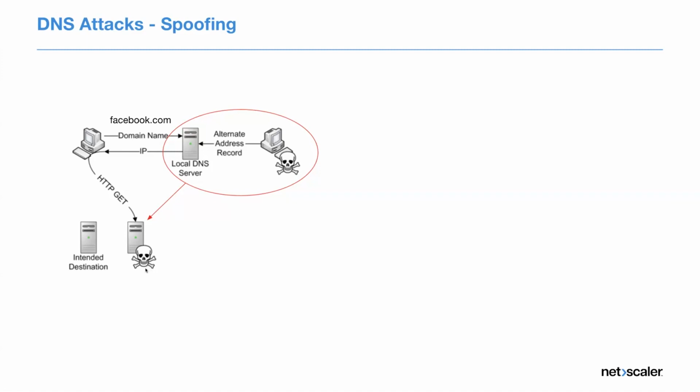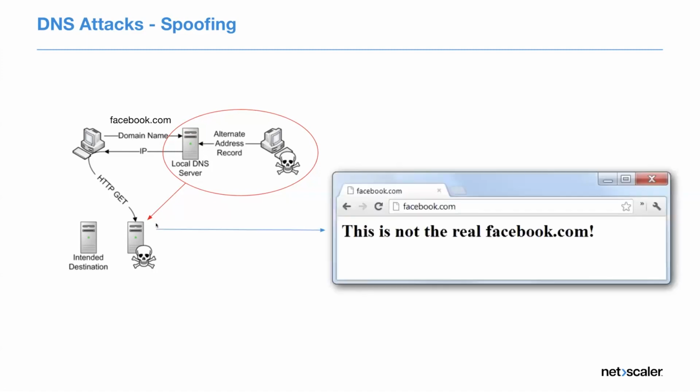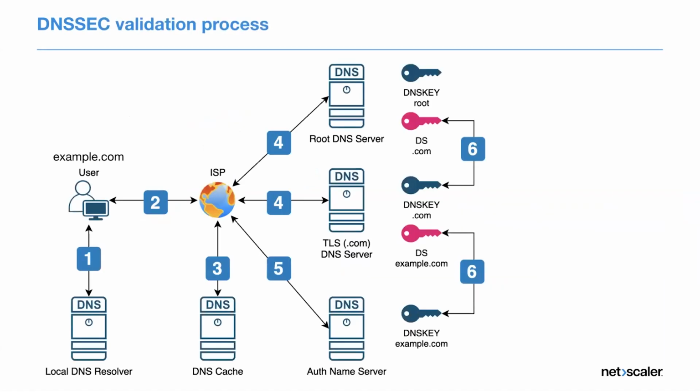The web server is present in the attacker's network. So the end user, instead of getting the genuine website, is directed to a website hosted by the attacker. So this is one of the attacks, and DNSSEC helps prevent such attacks. And let's quickly see how that does. So, how DNSSEC works. If you see a typical DNS request and response flow, the DNSSEC flow is also quite